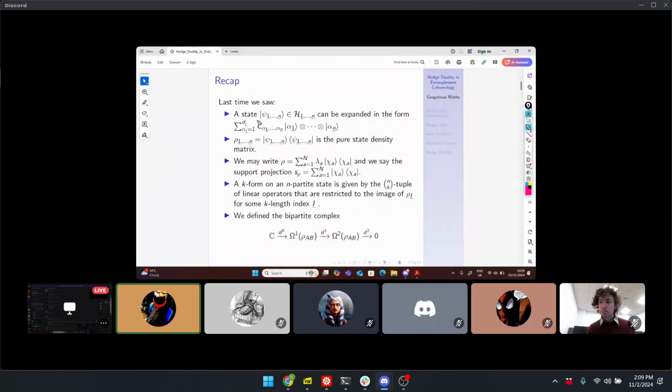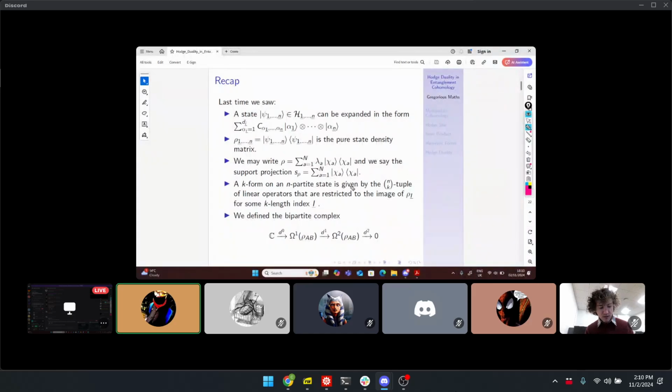Anyway, with a state like this, we saw that we could form something called a pure state density matrix, which is this product here. And in general, we can write a density matrix in the following form, where these lambda a's act like probabilities. So if you sum all of these lambdas, they give you 1. And we define the support projection by just basically dropping these coefficients. And the importance of the support projection was,